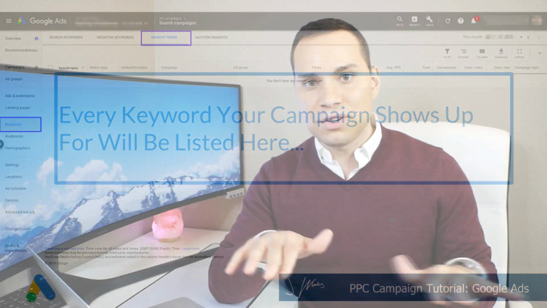And this is one of the most underutilized reports that I see beginners just not even knowing it exists. So after you've run your ads for a couple of days or at least a week, you have a few thousand impressions, or a few thousand times your ad has shown up, Google is going to tell you exactly which keywords you showed up for, and more importantly, exactly which keywords got you the most clicks and got you the most actions that you needed people to take. So there's no need to do hours and hours of keyword research when you can use these basic lists, spend $50 to $100, and Google will just give you the answer, right? It's one of those things where you don't have to study, you don't have to go research. Google will just give you the answer for less than $100 in advertising.